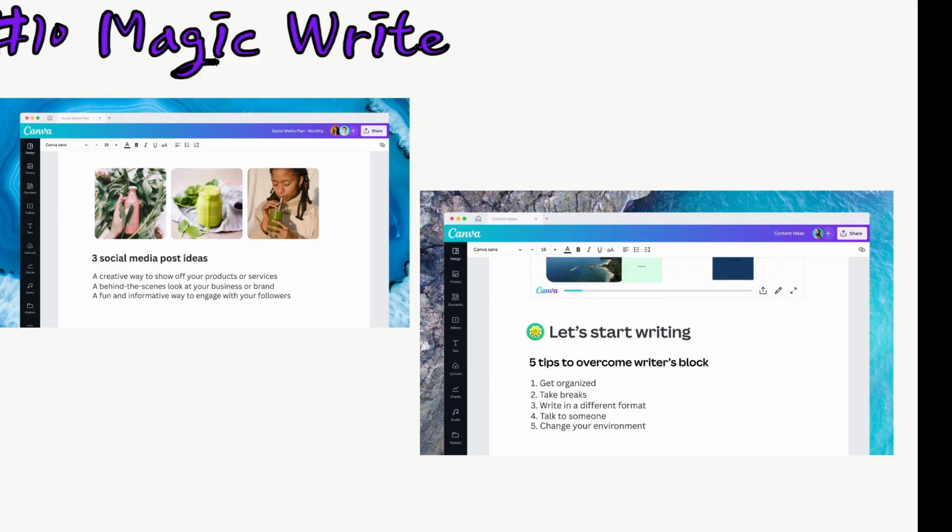You can even ask Magic Write to generate a new version of your existing text. You basically highlight the text and add an instruction to it, and it's perfect for turning things from a list into a summary, all those kinds of things. So Magic Write really excels at taking your initial ideas or drafts and takes it a step further.